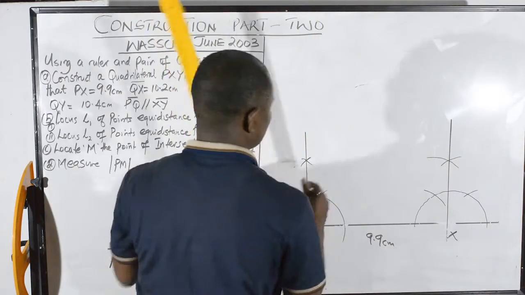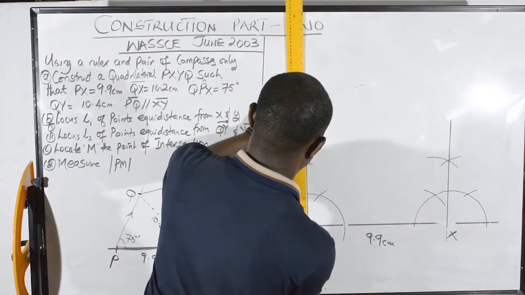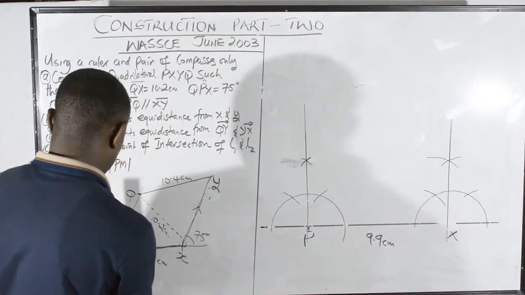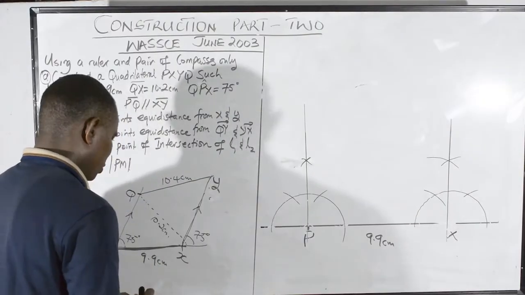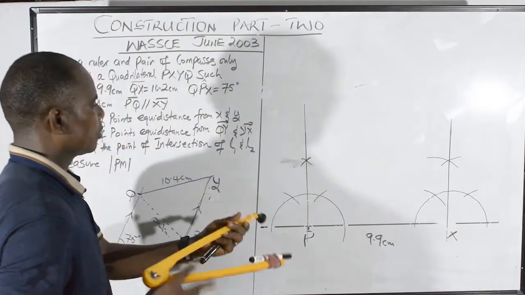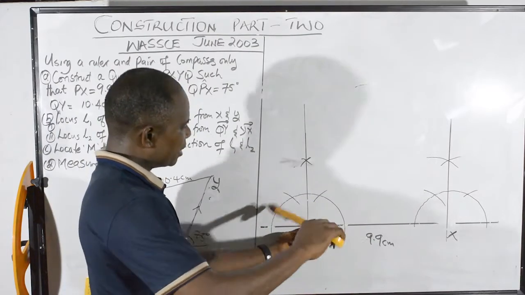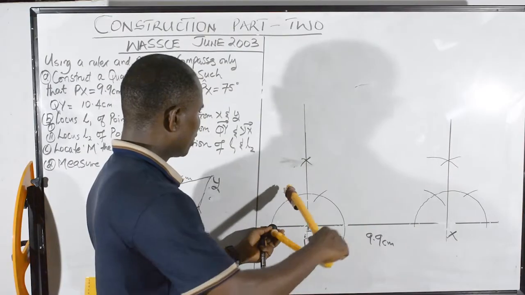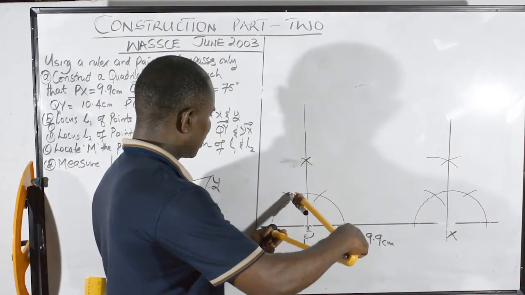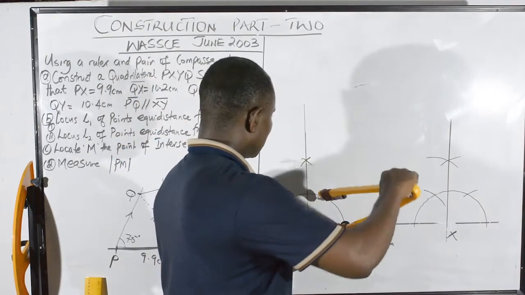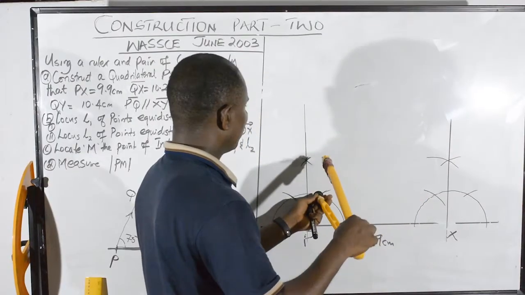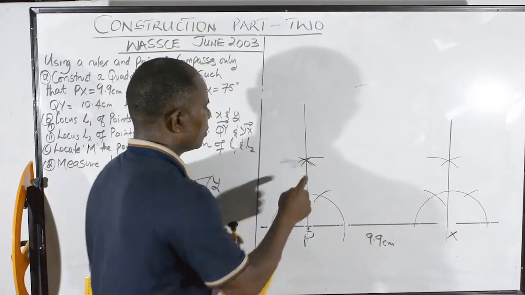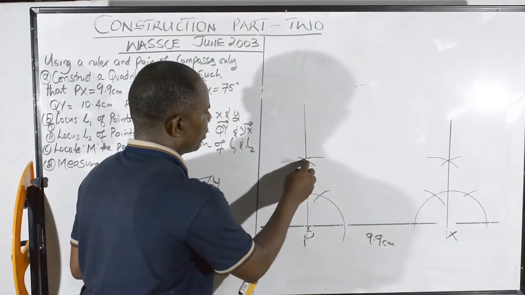It's a hairpin line, so I don't need to make it very thick. I just want to help the line there. So let me do that again, because what I did was to draw this arc here. Then with this arc, I stood here to strike an arc there, and I strike this arc there. Then I move there, I strike there, I move there, I strike there. Yes, so I have got that line now properly from that.